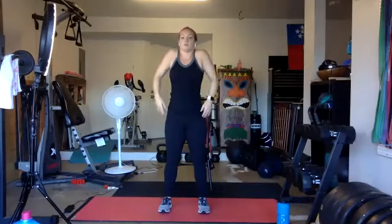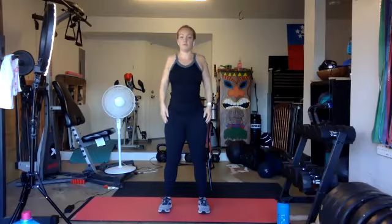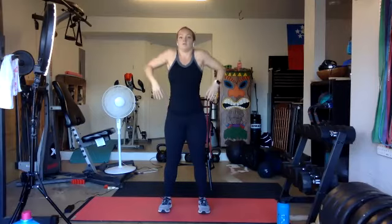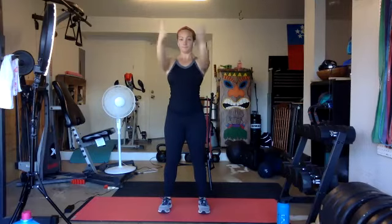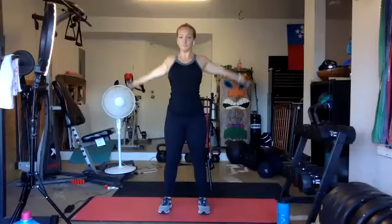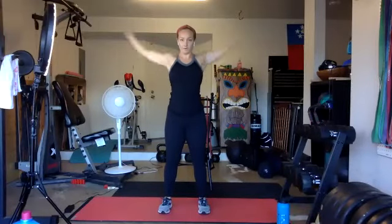So again, just starting with the shoulders, up towards your ear, down and forward. Start to incorporate your elbows. And then when you're ready, full arm rotations coming forward this time. All right, one more round front, and then take those arms out to the side, nice and wide, making a